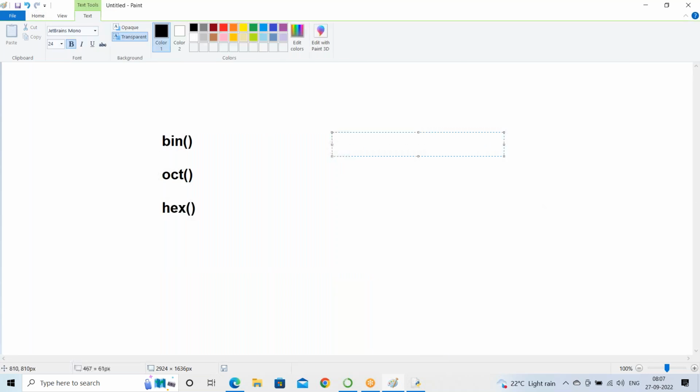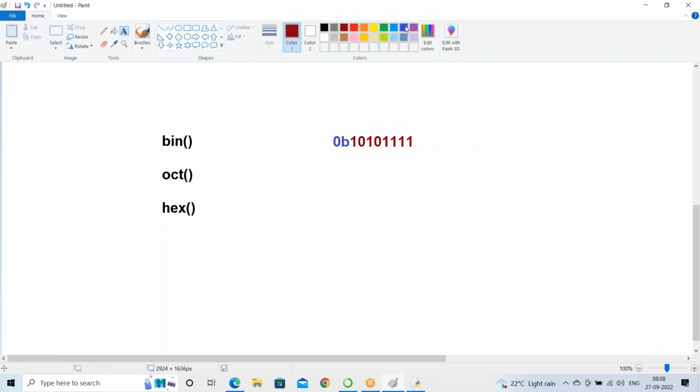Please remember, 0B is the prefix that represents it is the binary number system. This is the value actually. But what is 0B? 0B is just the prefix that represents it is the binary number system. Similarly, you see